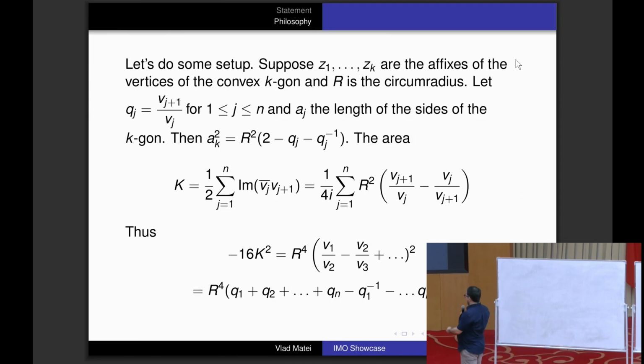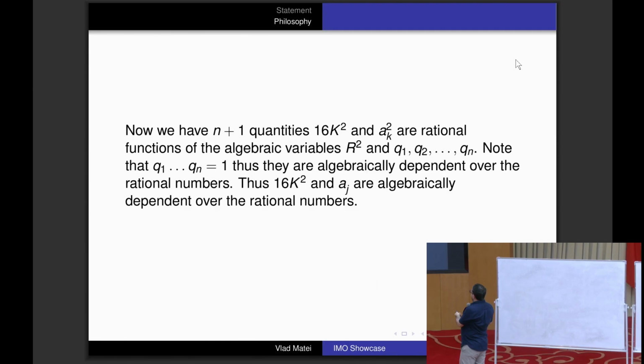So let's see what would be the reason to put them together. Well, you have n plus 1 quantities, which are the area squared anyway, multiplied by 16, and the side lengths, ak squared. And these all depend on these variables, which are r squared, and these q1, qn. And also, the q1, qn,